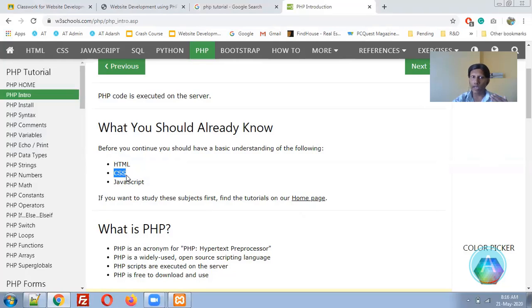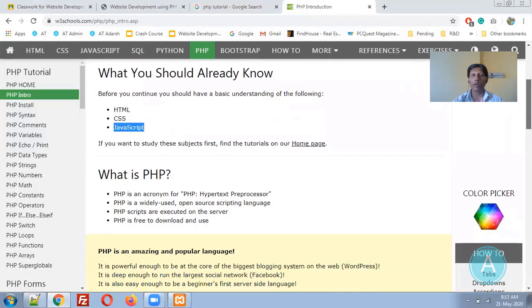You are taking ready-made templates, but at least you need to understand a few things of the CSS so that you can change it sometimes if it's required. And JavaScript sometimes it is required. And one more part is also required sometimes, jQuery. Sometimes we need to use jQuery in our websites, so you need to learn that later on.